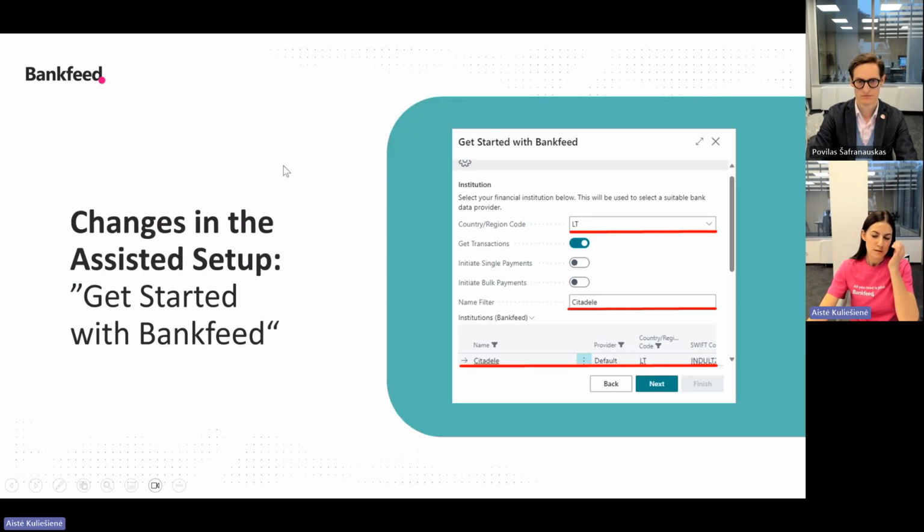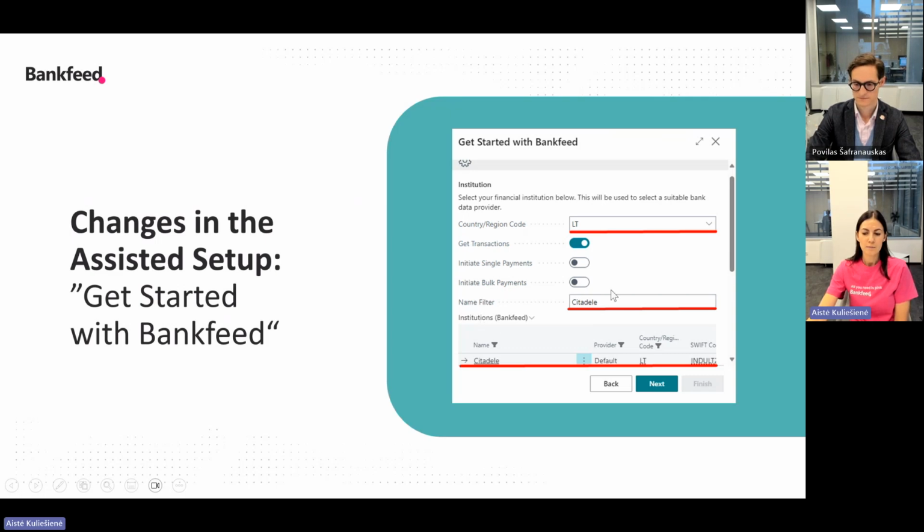Assisted setup was updated too. Now it's called Get Started with Bank Feed, and connecting to the bank starts from choosing the bank from the bank institution list. What you need to do is select the country code if needed, select get transactions, initiate single payments; initiate bulk payments is not valid yet, it's in progress.